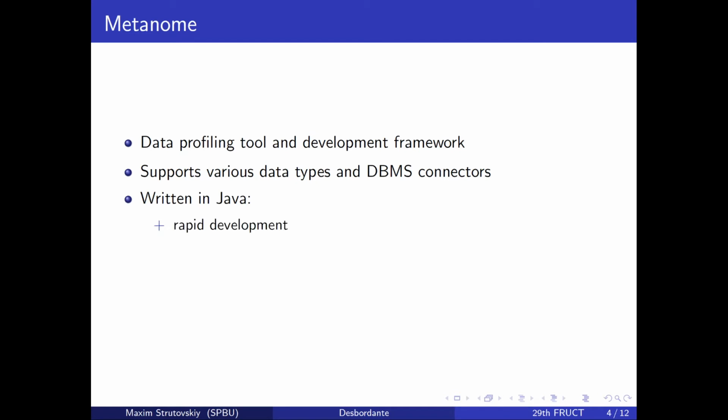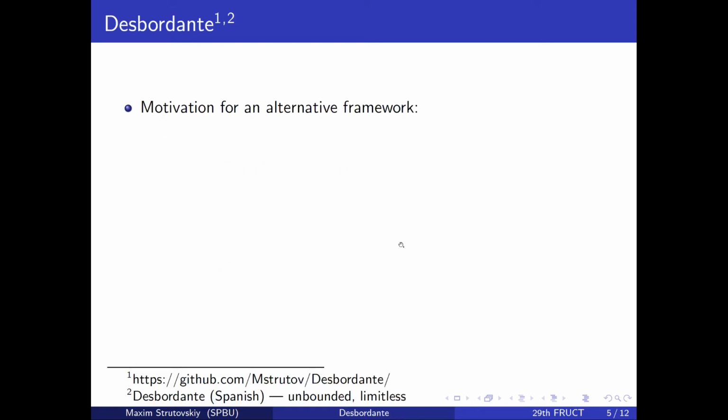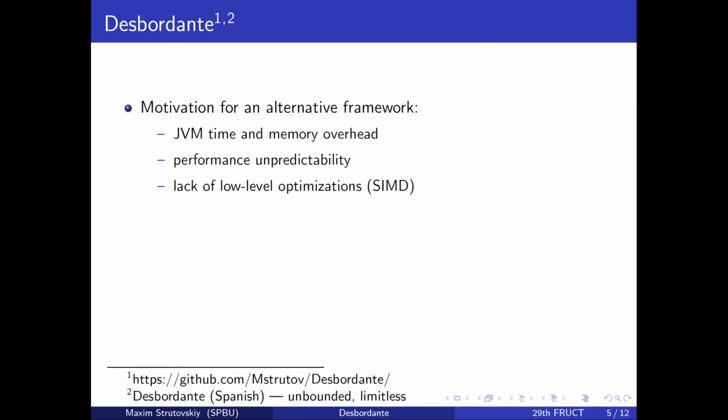This choice allows rapid algorithm development, grants cross-platform capabilities, and supplies the developer with a multitude of libraries. On the other hand, Java-oriented technologies introduce several drawbacks. First, the code tends to consume more CPU and memory resources due to the JVM overhead. Second, JIT compilation and garbage collection increase fluctuations in measurements, lowering performance predictability. Finally, Java does not fully allow low-level optimizations, such as vectorization via SIMD instructions.